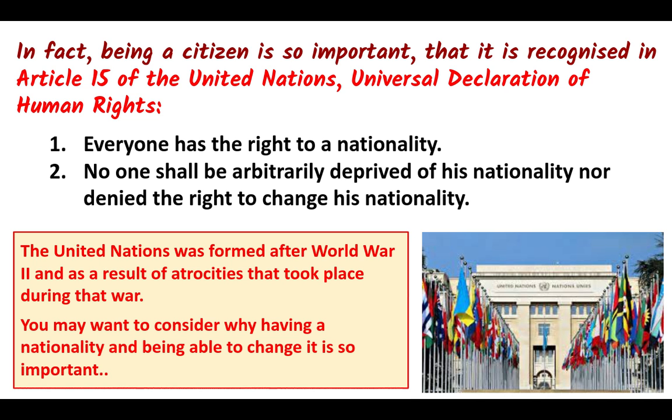Well, basically, the United Nations, as you probably know, was formed after World War II and as a direct consequence of the atrocities that took place during that war. So one of the things that this Universal Declaration of Human Rights does is to give every single human a series of rights and at the same time responsibilities, and it outlines what those rights should be. And clearly one of the rights that they felt was very important was that everyone should have the right to a nationality. So you might want to look at how Jewish people were treated in World War II,